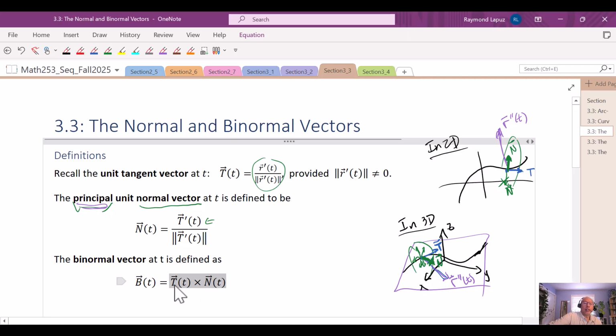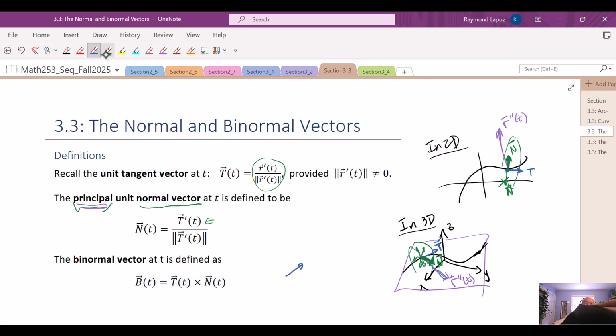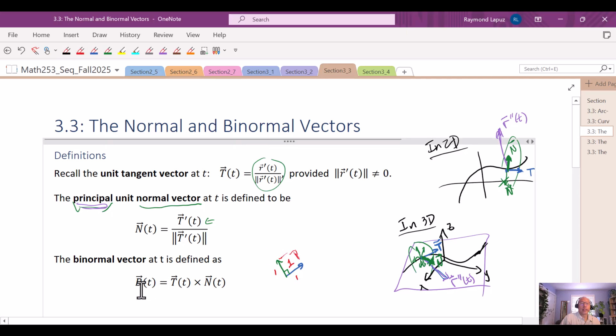So these two vectors, the tangent vector and the normal vector, are already perpendicular, and so if we find the area of the parallelogram that it spans, you're really looking for the area of the square, and if we know that this is length 1, this is length 1, then the area is going to be 1, and so the magnitude of this is already going to be 1,